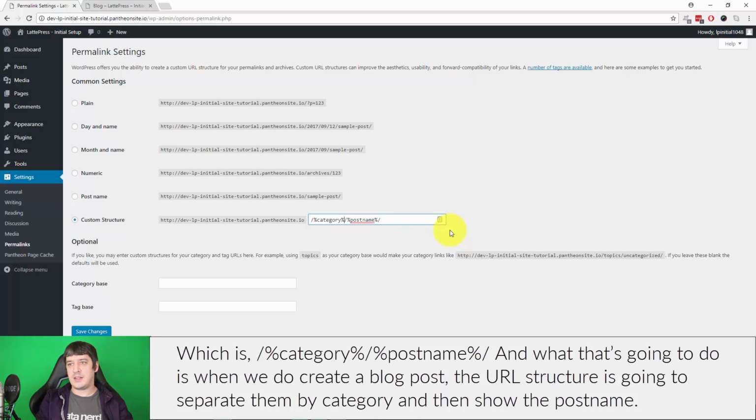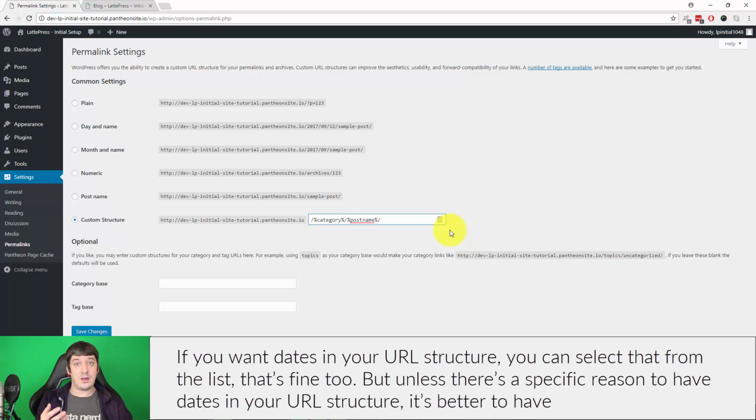And what that's going to do is, when we create a blog post, the URL structure is going to separate them by category and then show the post name. If you want dates in your URL structure, you can select that from the list. That's fine too. But unless there's a specific reason to have dates in your URL structure, it's better to have